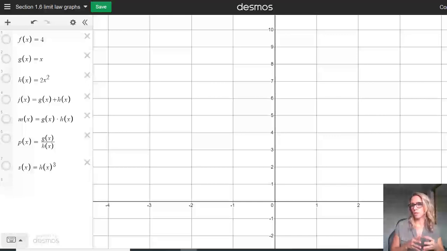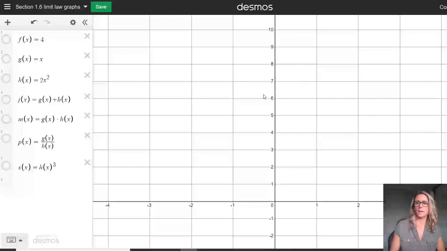So let's say we have a function f of x, and we have a function g of x, and they have these limits L and M. C is just a constant. So we have these limit laws that tell us if you have this thing, the limit's going to be this thing. So I have on our graph here the 7 different properties and examples of those. So we'll take a look at them.